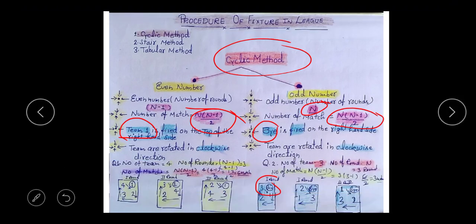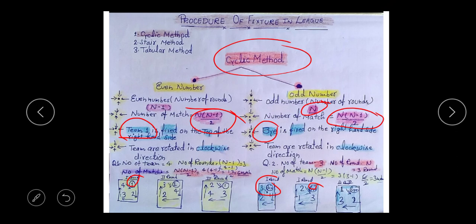We give you an example. Clear? Here the 1 is fixed; here the bye will be fixed on one side. Clear? The teams rotate clockwise. Here even also, then odd also, clockwise direction rotation is there. Clear? A few books have anti-clockwise direction, and clockwise direction; both are correct. In the board exam, clockwise direction rotation is used. Clear? And a few books also have anti-clockwise direction, so don't worry. There is only one rotation, clockwise or anti-clockwise; both are correct.